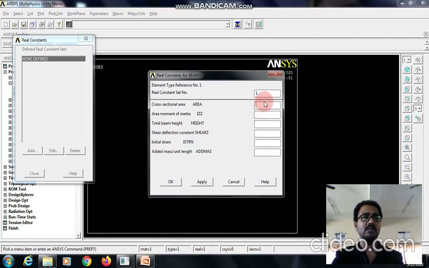The area value is 400 mm square. I am keeping all the data in Newton and mm unit, and moment of inertia is 133.33 and height is 20 mm. We can ignore the remaining commands which are not required for our analysis.